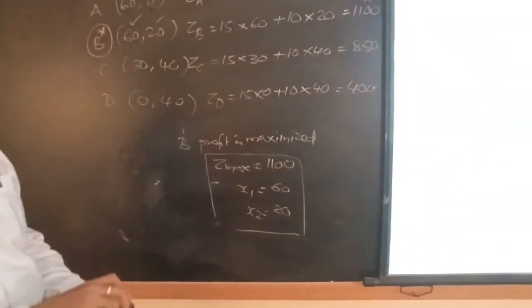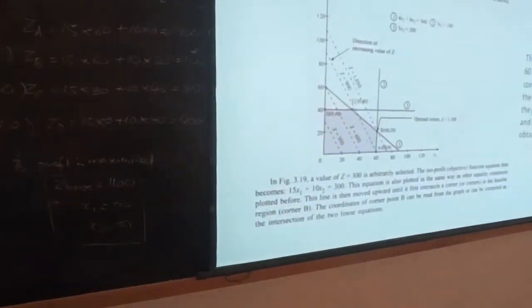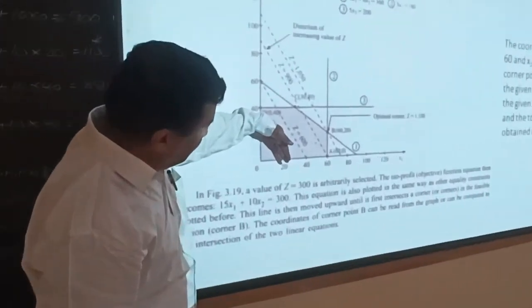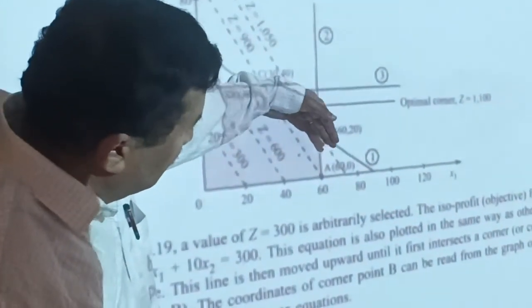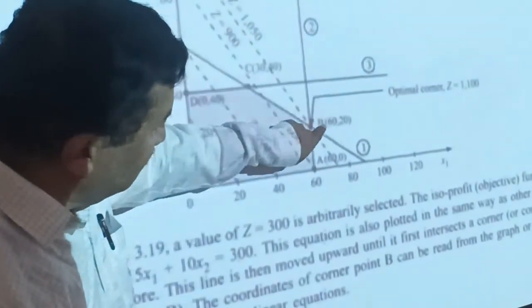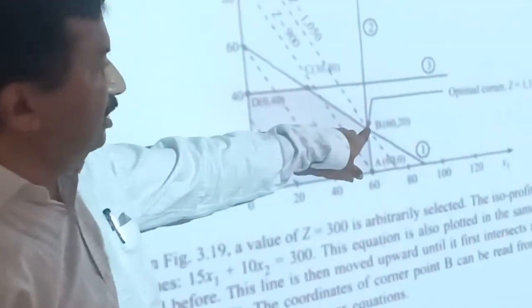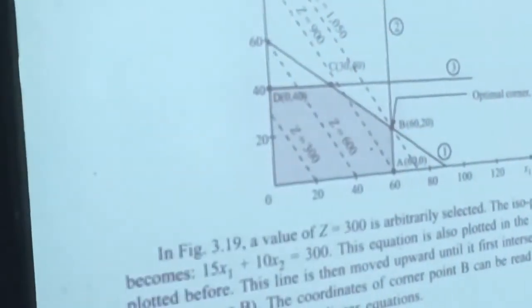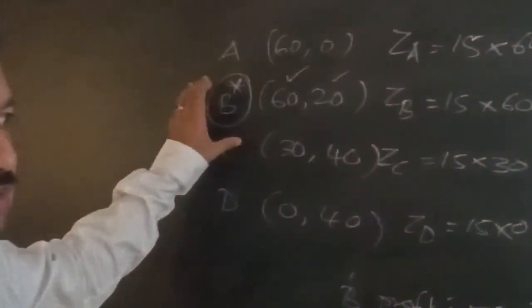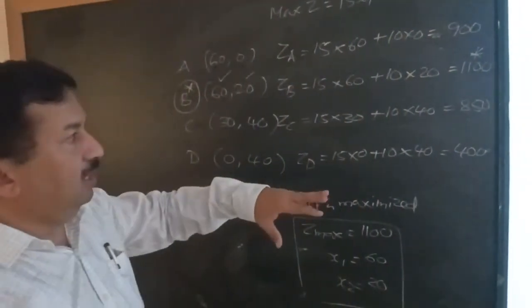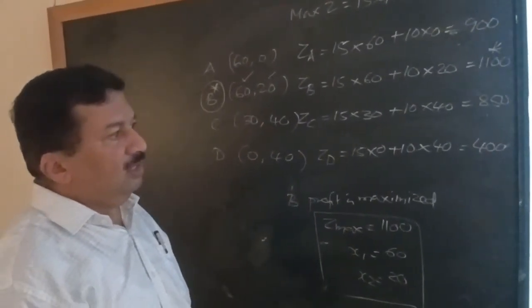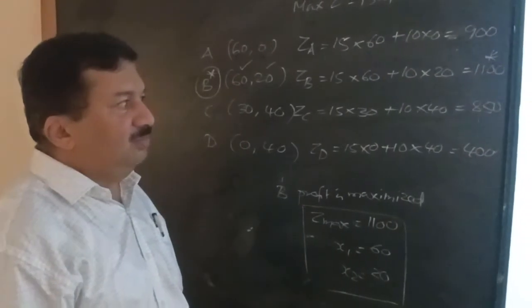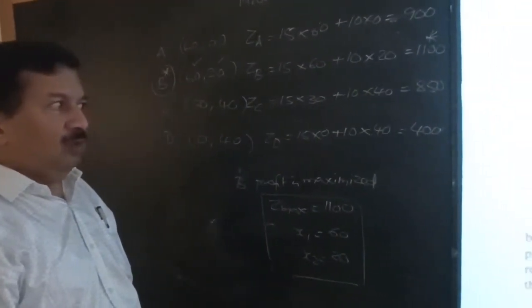Let us look at this point. When we drew the isoprofit line and drew parallel lines like that, the line just passed away from the solution space at point B. So what is the isoprofit line saying? It's saying profit will be maximized at this place whose coordinates are 60, 20. That is what our conventional method is also telling. So in profit maximization problems or any graphical method problem, we can identify this. We have coordinate points A, B, C, D. I don't know where the profit is maximized, whether at A, B, C or D. So our isoprofit line gives a clue.